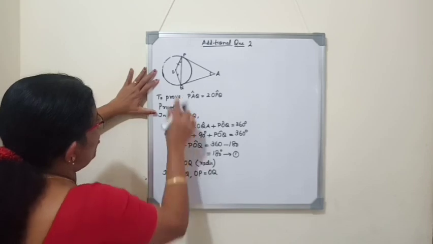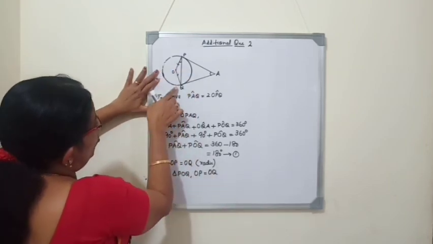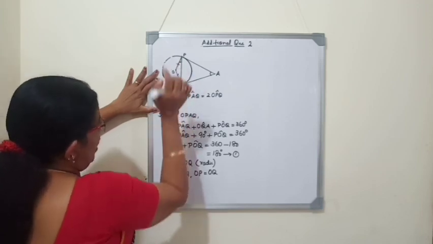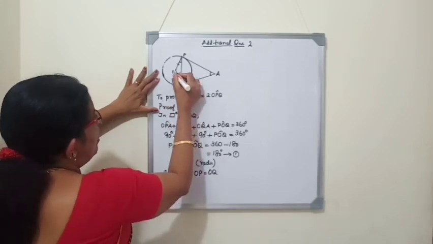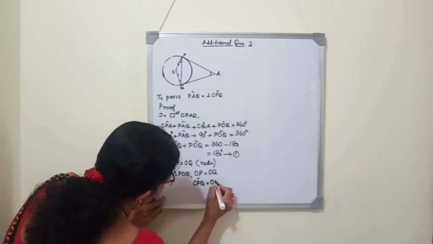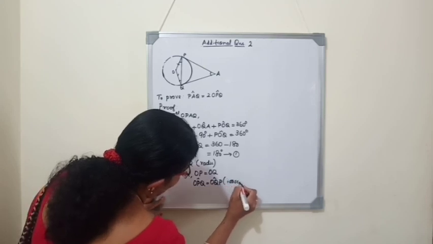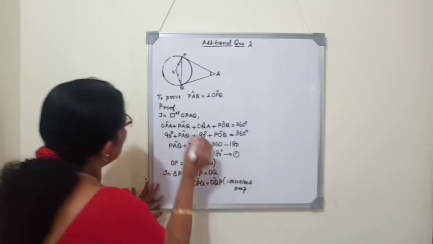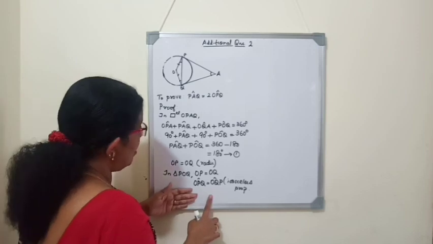So if OP and OQ are equal, which two angles are equal? Which is the angle opposite to OP? It is Q. And the angle opposite to OQ is P. So if two sides are equal, opposite angles are equal. The opposite angles are, one is OPQ and another is OQP. Write the reason, isosceles triangle property. So here two sides are equal, opposite angles are equal. So now let it be here as it is.